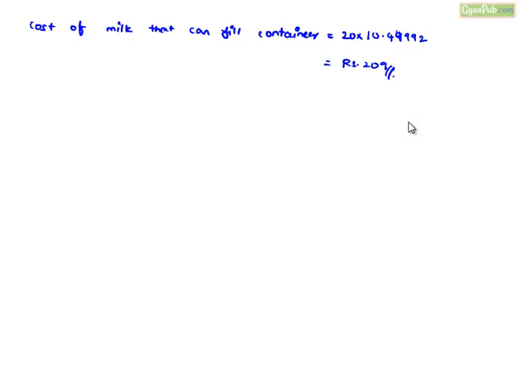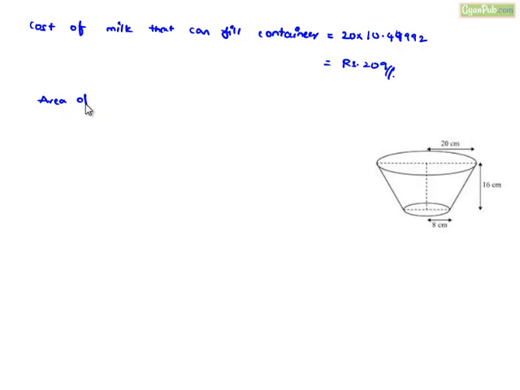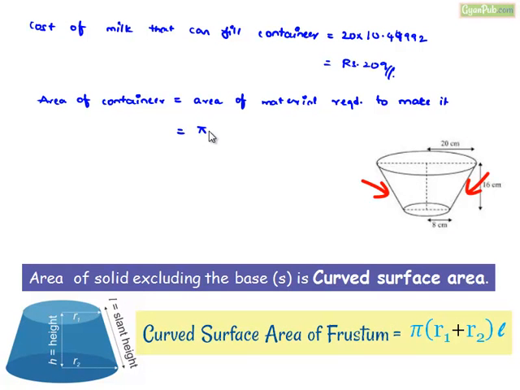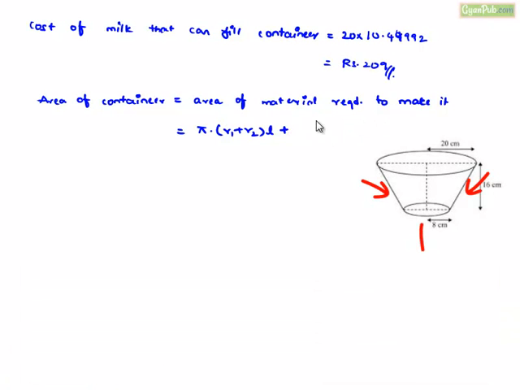He is also asking us to find the amount of the material required to make the container, that is, area of container is equal to area of material required to make it, that is here curved surface area, which is pi into (r1 plus r2) into L, plus as it is a vessel it will be having the down surface area, that is pi into r2 square,